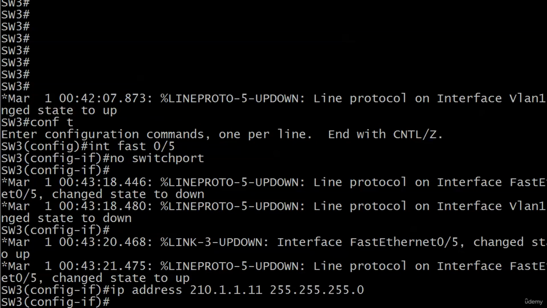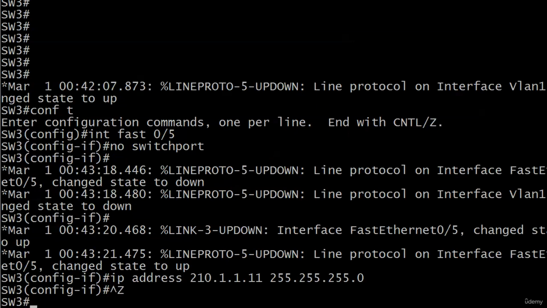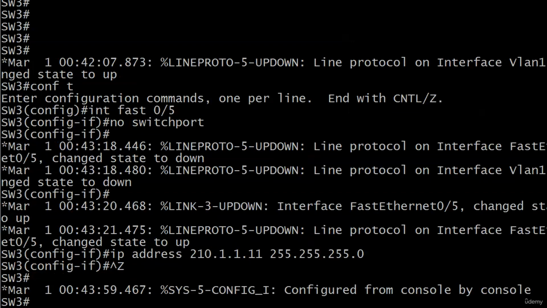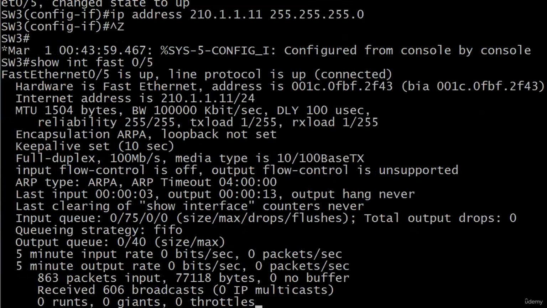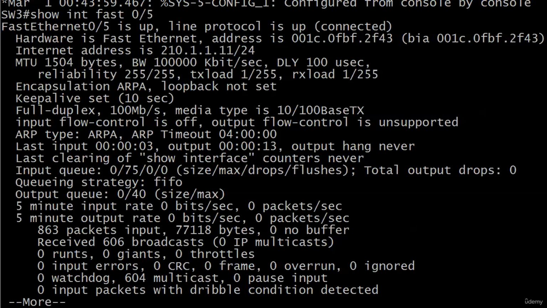And we don't have to open it because, as we know, switch ports are open by default. That's a horrible default, and also a security issue we have to be careful about. So let's go ahead and do a show interface fast 0/5. And we can see the interface is up. Hardware is FastEthernet. There's the MAC address and the internet address